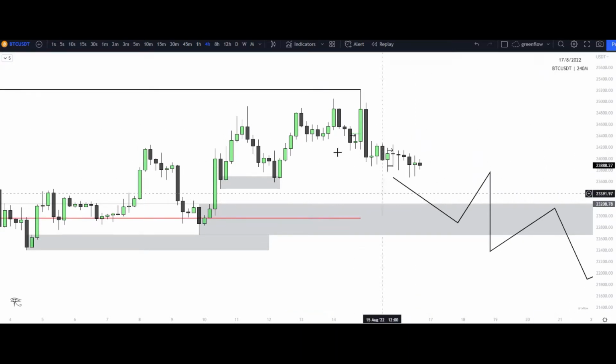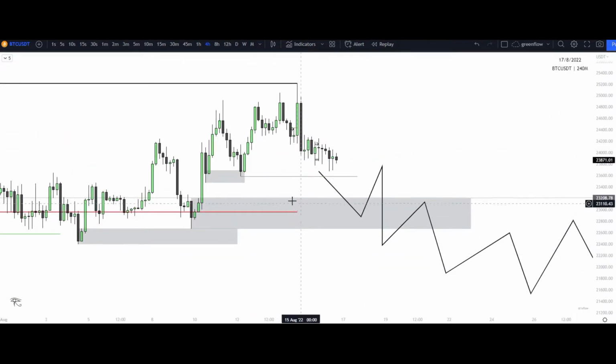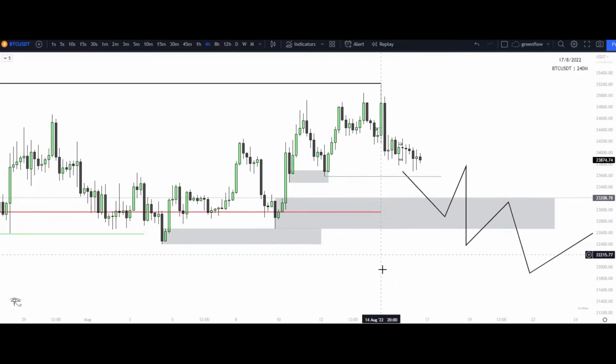Let's go to the 4-hour now. We can see that same narrative, right, shown to us on a lower time frame. This is how we can start to do that top-down analysis, understand certain areas that we will look to possibly trade off of, as well as the long liquidity that we are currently still building. So you can see long liquidity here, right? I have a demand zone here as well at 23,208 that we could come into after filling this fair value gap, mitigating this, and then continuing to the upside.